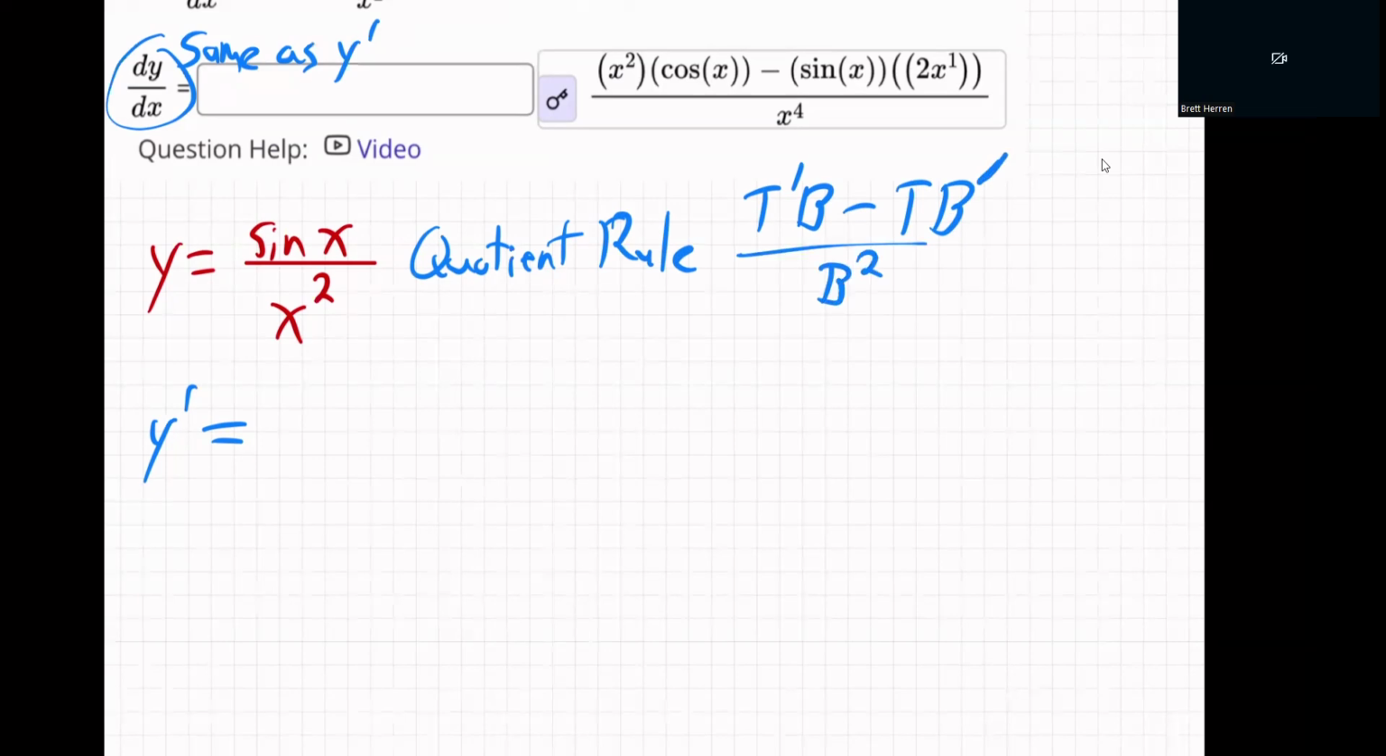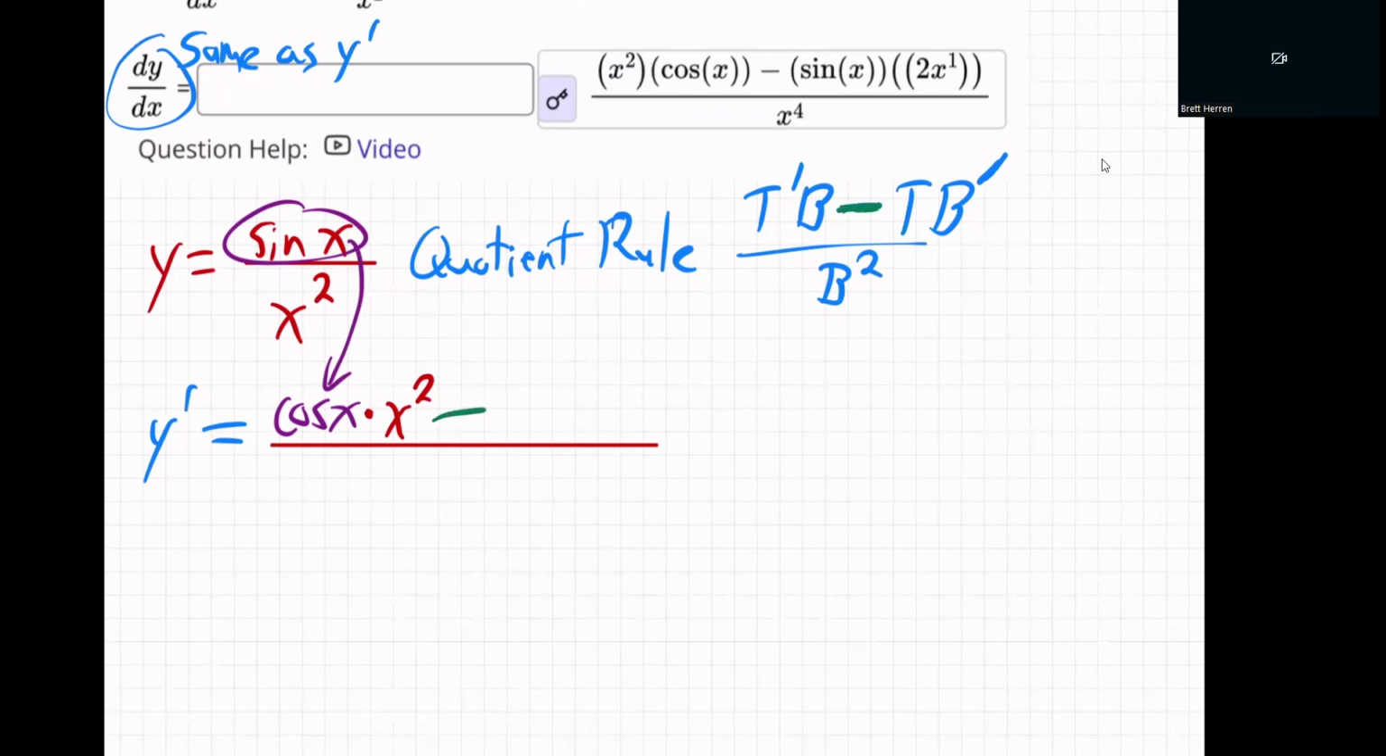So the derivative of the top, here we go, derivative of sine is cosine. Let me do a big fraction here. Derivative of the sine is cosine, and then we just leave x squared alone. So we did the derivative of the top times the bottom unchanged, minus. It's just like the product rule, but as a minus. Leave the top unchanged, sine x, times the derivative of the bottom, which will be 2x,